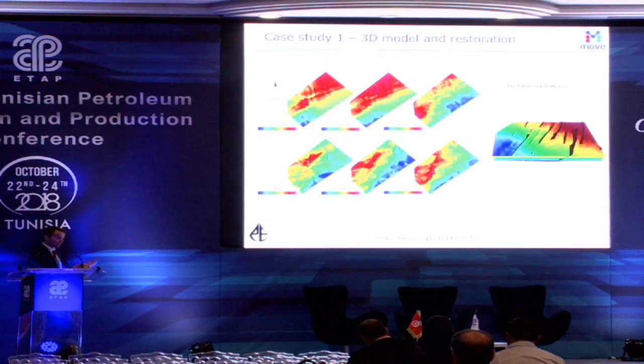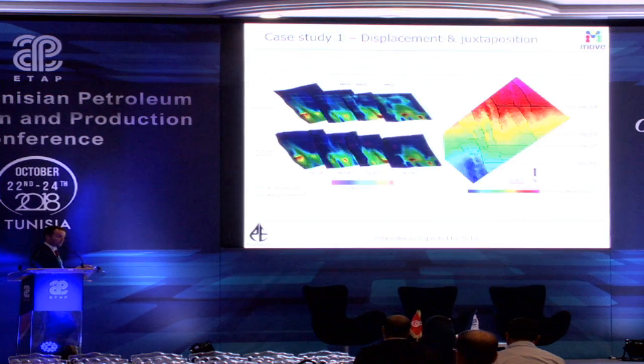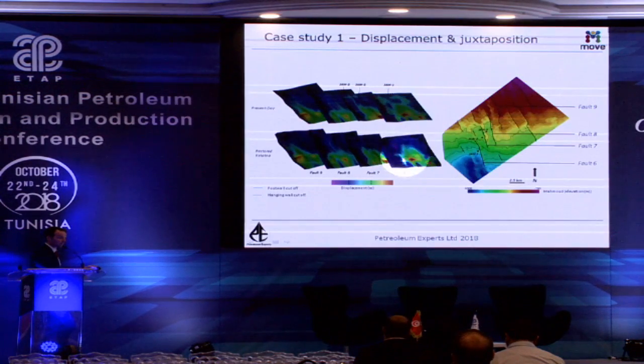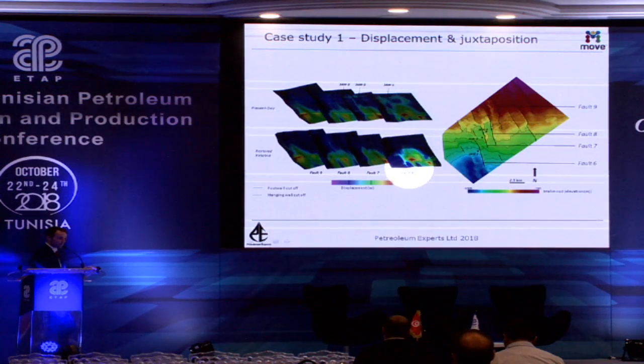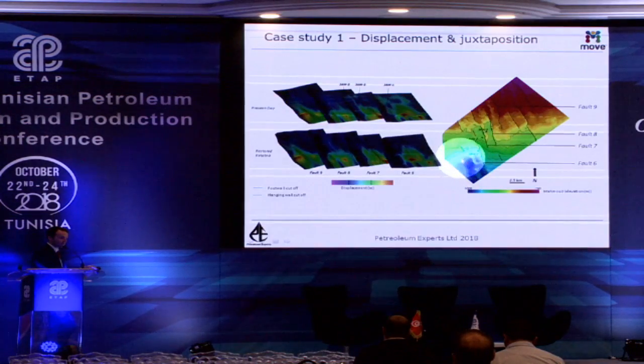So that's one of the results that came out of the sequential restoration that was quite neat, but the purpose of what I'm talking about today is the variations in displacement and juxtaposition. So as I said previously, the displacement wasn't huge, and when I restored to the top of the Katatna, you can see the differences here are reasonably minor in terms of magnitudes of displacement. These are magnitudes of displacement color mapped onto each of these fault surfaces, and it's a bit backwards. Fault 6, 7, 8, and 9 are right to left here,